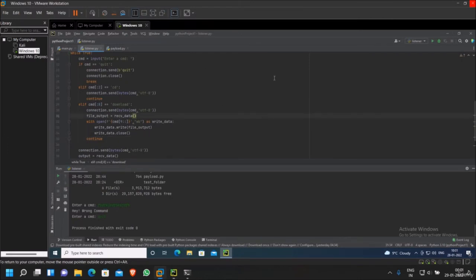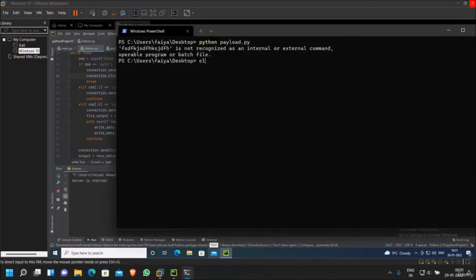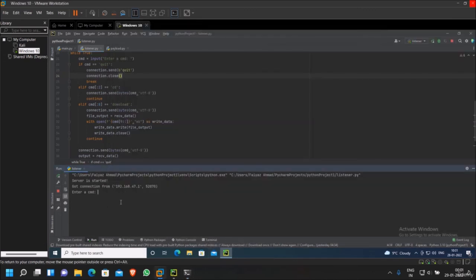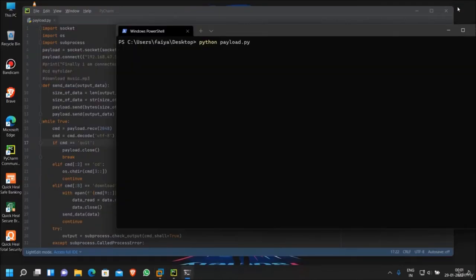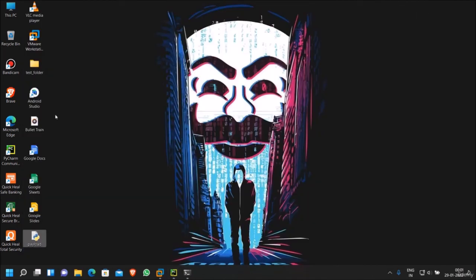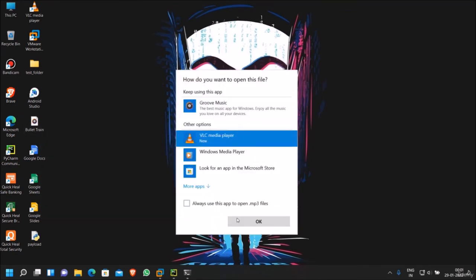Now let's try to run this listener.py, and let us run payload.py as well. Python payload.py. As you can see, we get our connection. Let's try to execute simple commands first. Okay, everything seems to work fine. Let's try to do dir, and let's say I want to download this music file. So it's bullettrain.mp3. But before that, I want you to run this bullet.mp3 on my remote computer, or you can say in the victim machine. So let's try to run this at victim machine first,